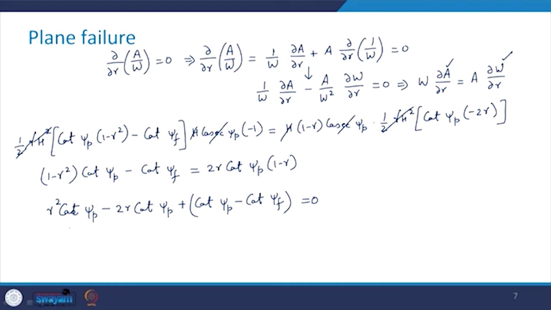It is like a r² plus b r plus c equal to 0. Of this form this equation is. So, how can we get the roots of this equation? You know, simply r equal to minus b plus minus square root of b² minus 4ac divided by 2a. So, we apply that, and this is how we are going to get the expression for r as